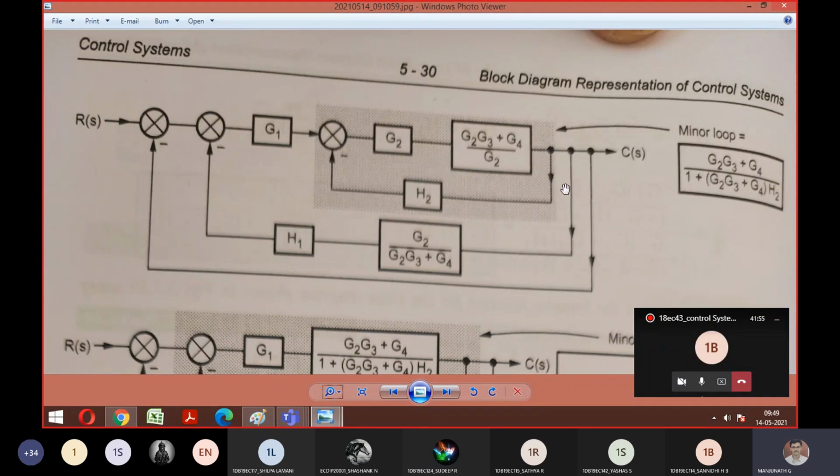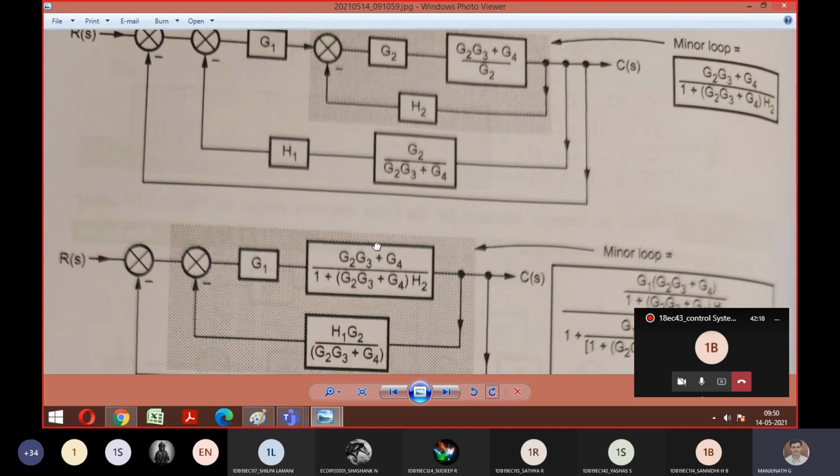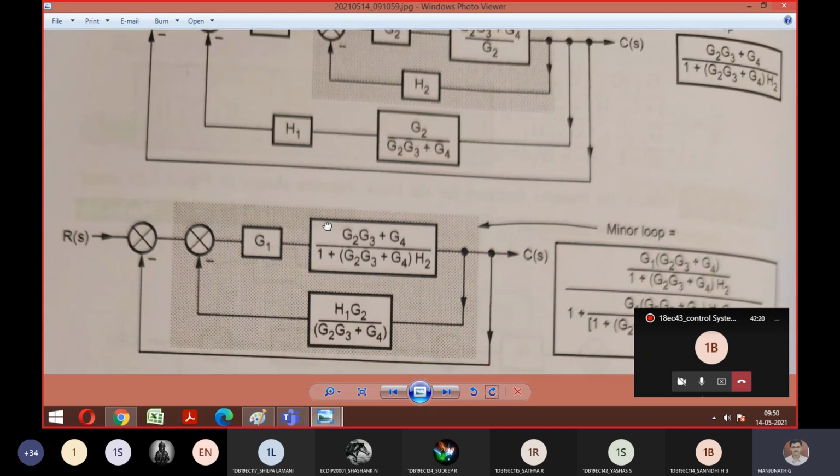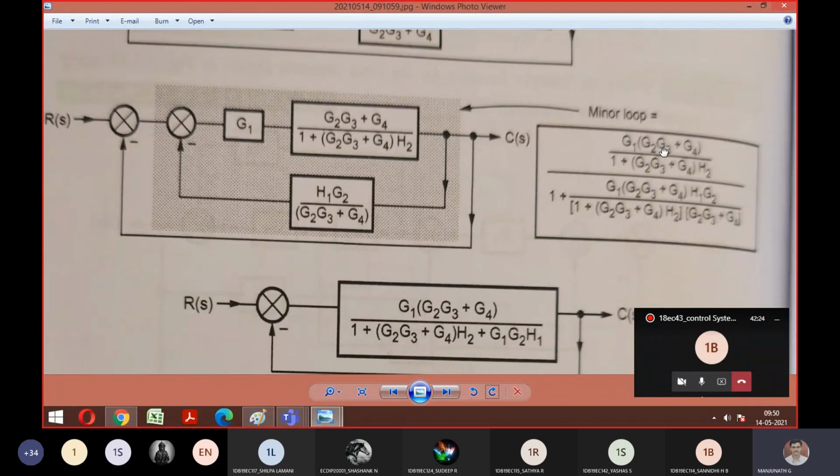Yeah. So after shifting this, see, I have split this 3. You can make a note here, you can split it here. Then this G2 and this block are going to be cascade, that answer. They are shown here. So this H2 answer, the equivalent block, you can see towards the right hand side. Is it the answer you got after making this elimination? Then this answer is written here. That block answer is written here. So again, this and G1 become cascade. So this cascade along with this feedback, the answer is written here.